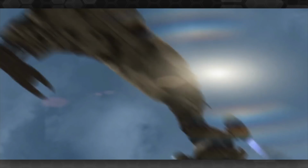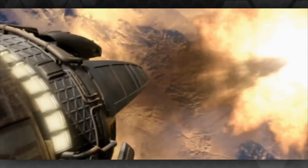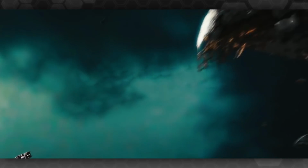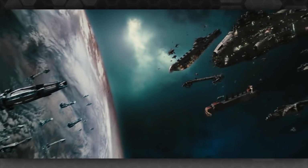As I recall, that Reaver ship in the first episode didn't get destroyed or anything, it just kind of got knocked aside by Serenity's engine burn at the end of the episode. So it may well have survived long enough to return in this little fleet here, which is a cool little detail. As we see this awesome widening shot of the Reaver fleet landing upon the Alliance, we can see a